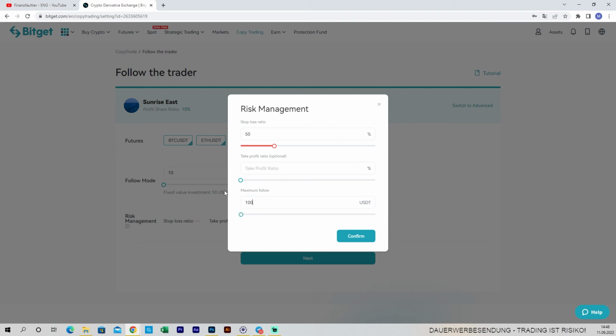So we can put this down to $100, and with this, he can only trade $100 at the same time, from my understanding. And maybe it's the other way around. So the maximum follow is that when he uses $100, you stop copy trading him before you give him more room. It's one or the other, but it's very important if you really want to lower the risk.